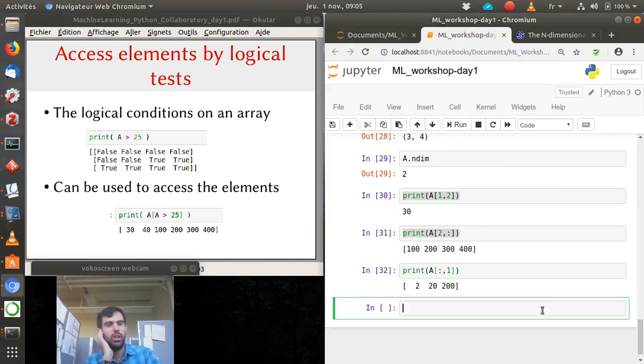We can use logical conditions. As I used for the one-dimensional vectors before with operations, you can do the same with arrays, and you can even use an operation that we call a comparison. So you want to compare all the elements of my two-dimensional array A with the number 25 and look at when it's higher than 25. So if I do A is higher than 25,